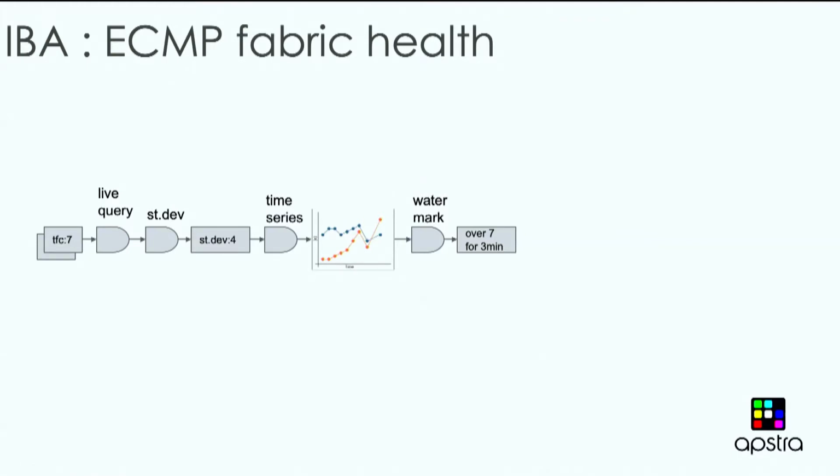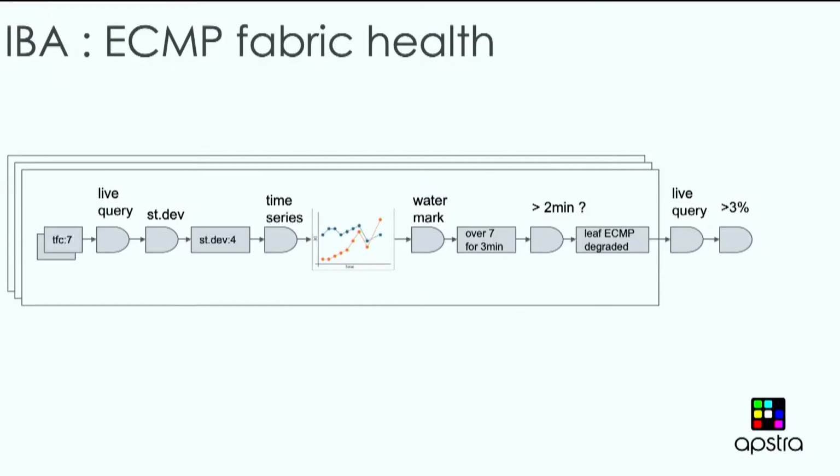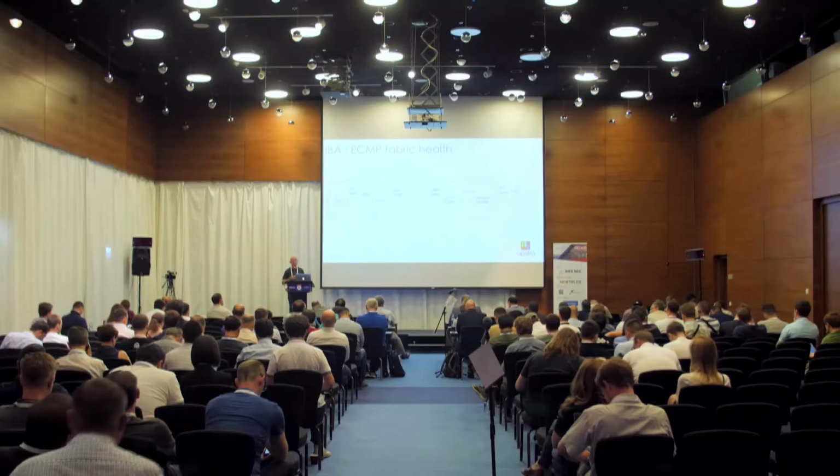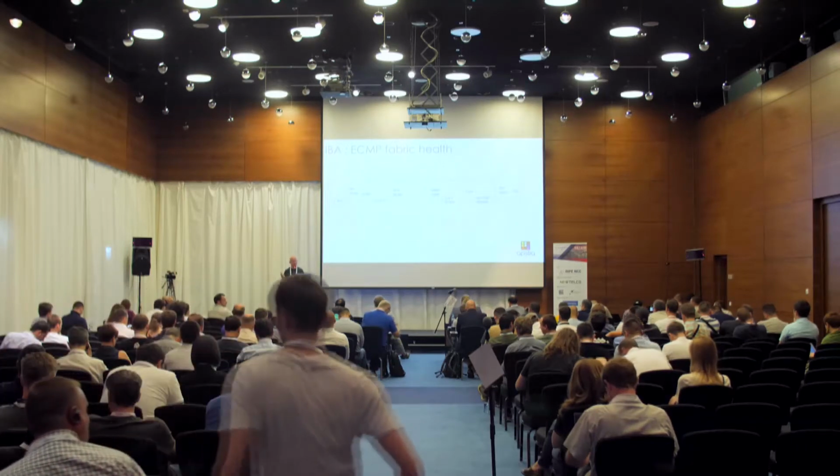Now in real time, you can also express your business logic. You could say, I consider my fabric healthy if it's not overloaded in particular amount of time, because it could be overloaded in 1 second and underloaded in another based on traffic characteristics from the application. So you could say, I consider it overloaded if it's loaded more than 3% in 2 minutes out of 7. You can keep adding additional logic into your queries in real time. And again, it's important because it's application-driven. You don't look at your network separately from your application. You know, hopefully, exactly what your application needs.